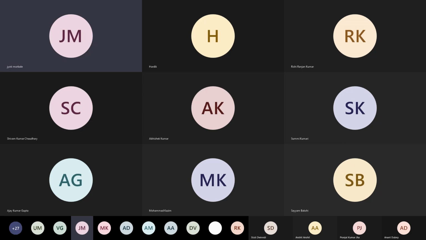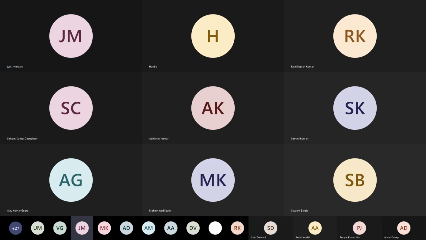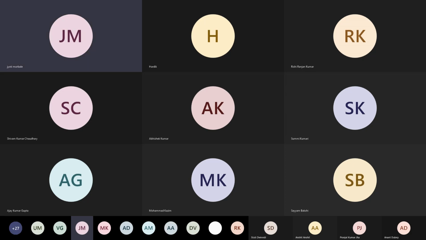Is my screen visible to you all? No, ma'am. Just a minute. I'm trying because I'm logged in through the desktop. No problem here. I will continue with the next point, that is rectifier. तो तब तक आप